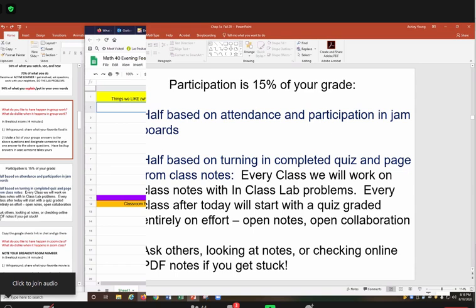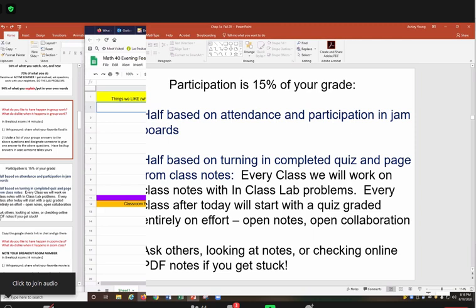And then half is based upon turning in your completed quiz and page from class notes. So why am I reading this? Elizabeth B., please go ahead and read from every class, right here. Every class will work on class notes with class.com. Every class activity today will start a quiz graded entirely on effort and picking up about 30. As others looking at notes or checking online,